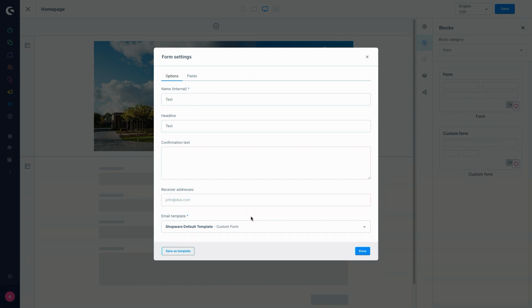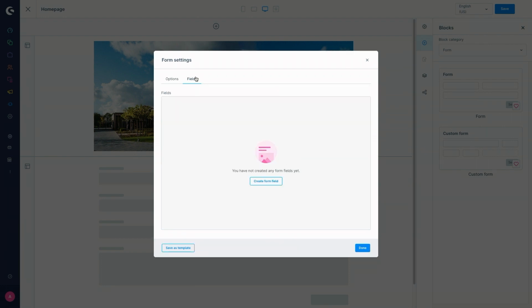And last but not least, we've got the drop down for the email template. So here you select the email template, which is going to be used for sending the form content to the recipient addresses. In the Fields tab, you can specify which fields can or must be filled in by the user.